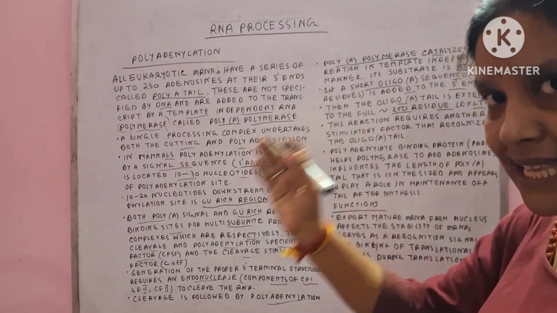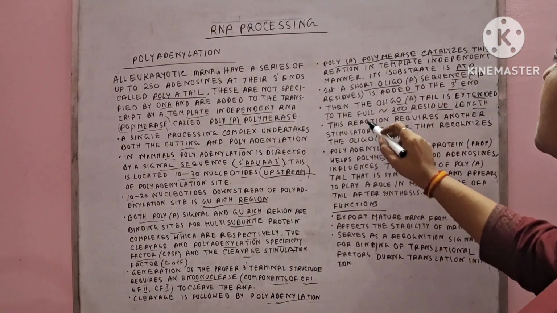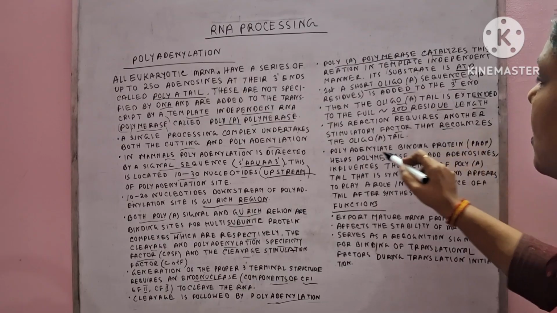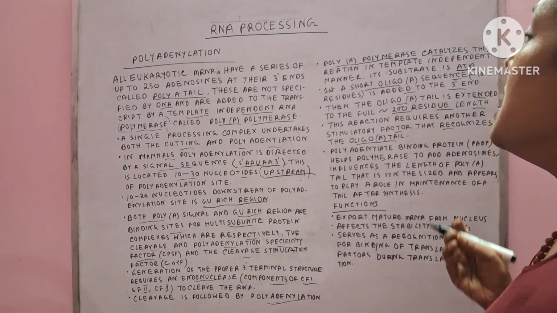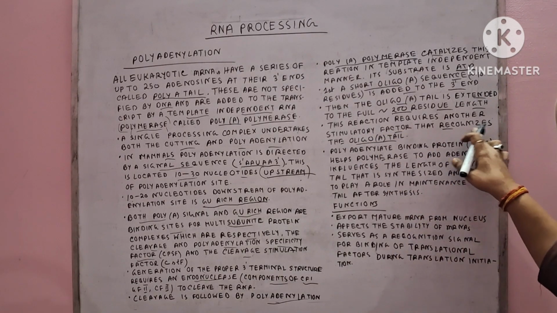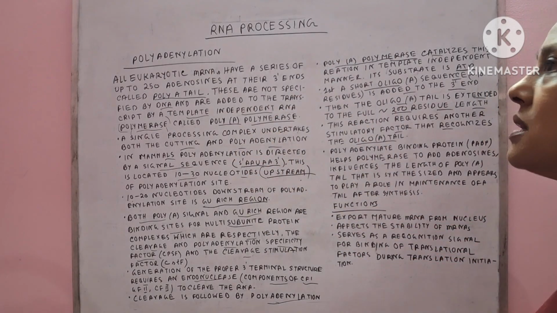First it is added and then it is extended. This reaction requires another stimulatory factor that recognizes this oligo A tail. This is the stimulatory factor which recognizes the oligo A tail, which must be added to the transcript at the